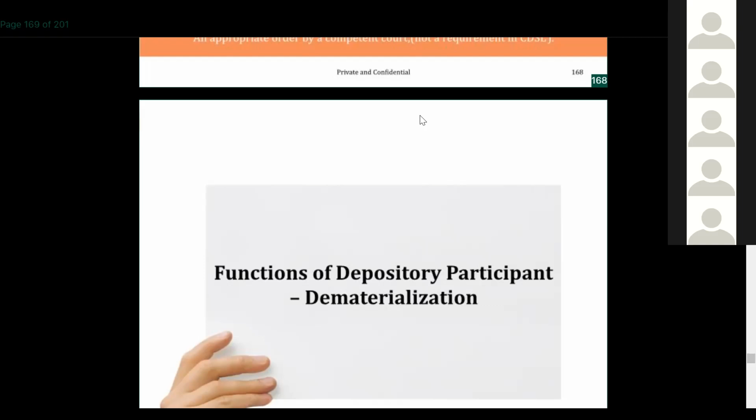So DRF is a demat request form which you have to deposit with the securities you want to dematerialize. The depository participant will send it to the registrar and transfer agent, because the depository participant does not know, as he is not the issuer. Who is the issuer of these securities? Who can verify whether these securities are correct or not, genuine or not?